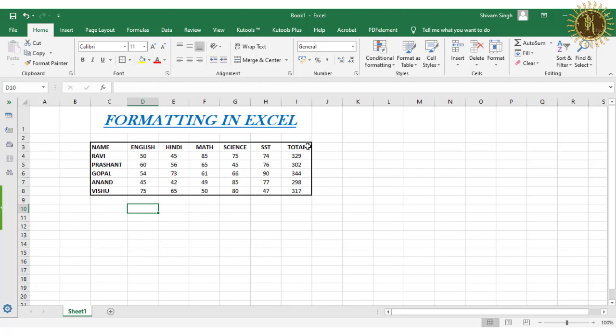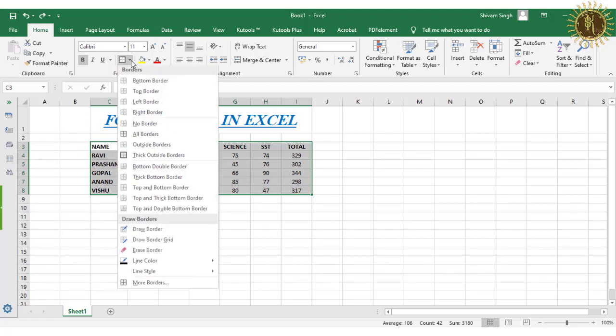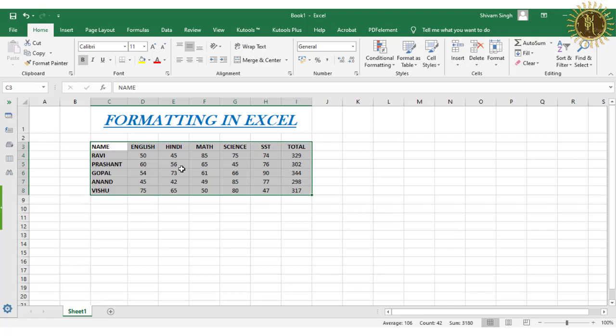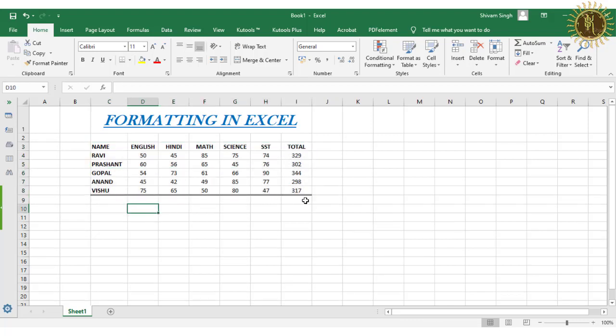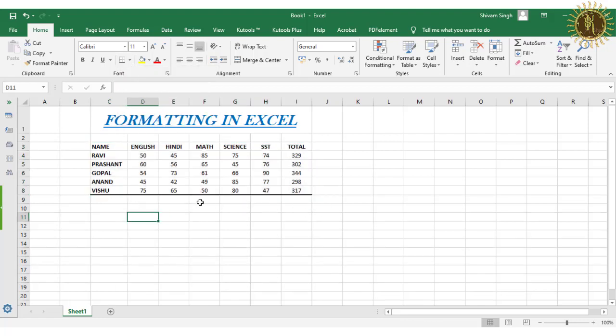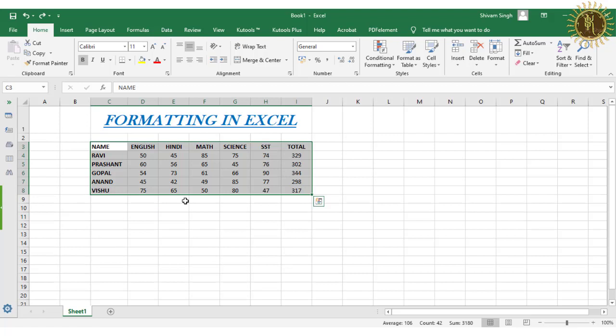So you can see here one thick outside border is here. Then double bottom border, you can see a double bottom border. After that thick bottom border, this is the thick bottom border.